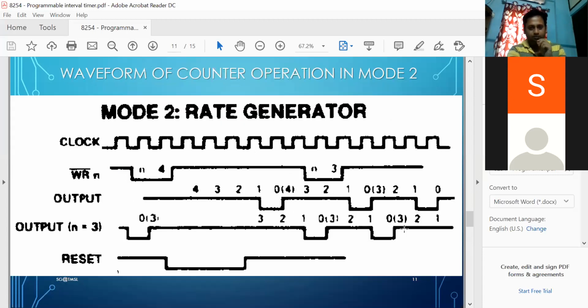Then the next mode is called the rate generator mode, or the divide by frequency mode, or the frequency divider circuit. It is used in that way. So how can this waveform be generated? Again, here the clock signal is given. You have to load a count value of 4 inside the counter. Assume the get signal is high initially. The output will be high initially